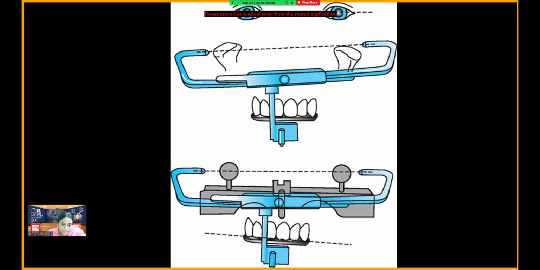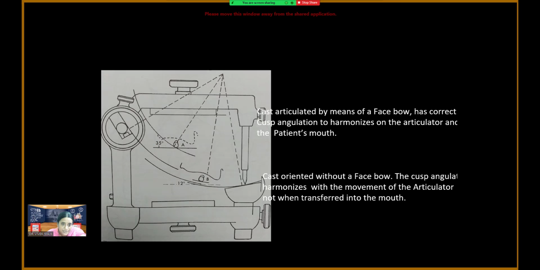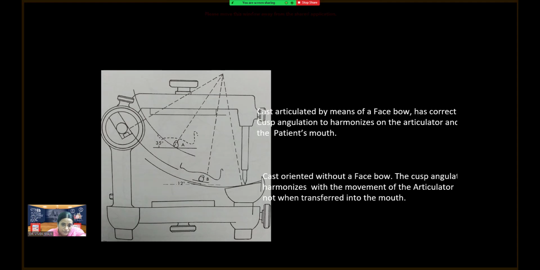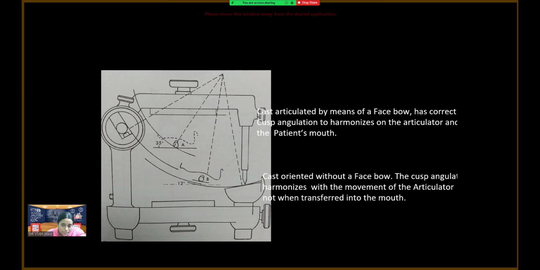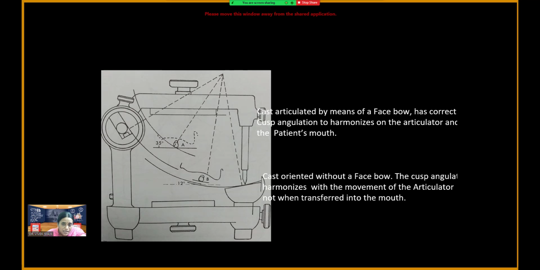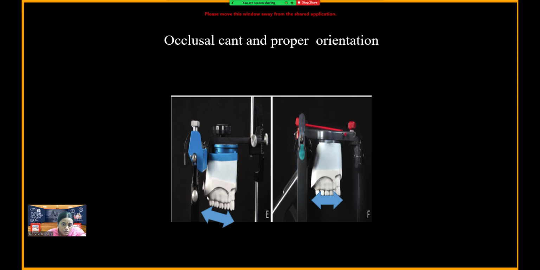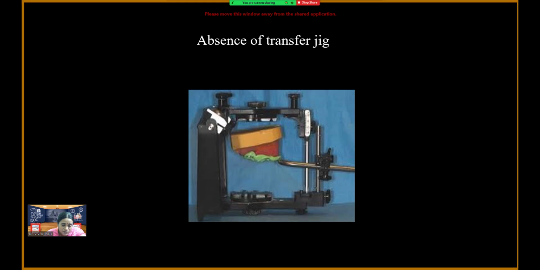Here you will see the occlusal band in the maxillary occlusal plane in the first picture, and the second picture shows the normal occlusal plane and how the incisors are placed. So this shows the angulation between a cast which is oriented with the phase 4 and the one which is not oriented with the phase 4, which are A and B. B is oriented with the phase 4 and A is not oriented with the phase 4. So there is a difference in the occlusal plane, and because of this, there's a cant in the position of the maxillary cast which is not oriented.